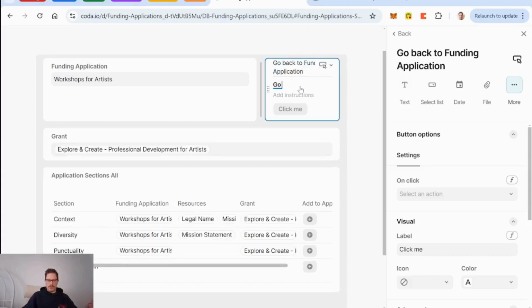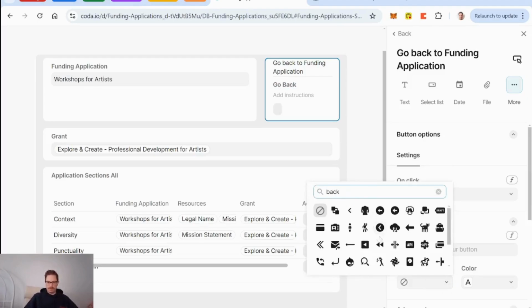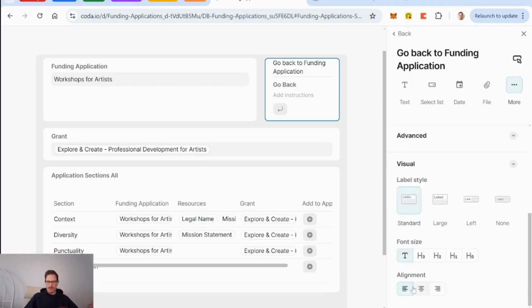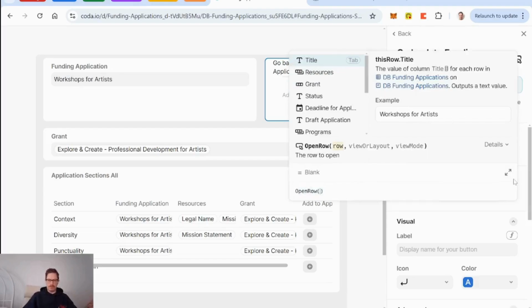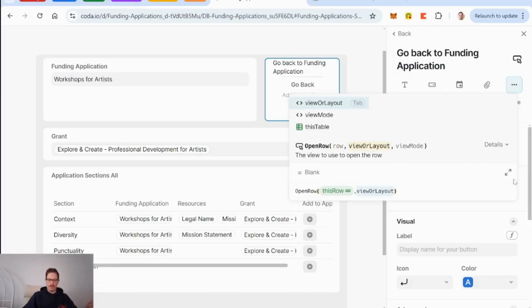And we'll just say go back. And I want no title, just some kind of go back. Do that one. Make it blue for navigation. And that's it. So then this one will just be open row, this row, but I want it in the